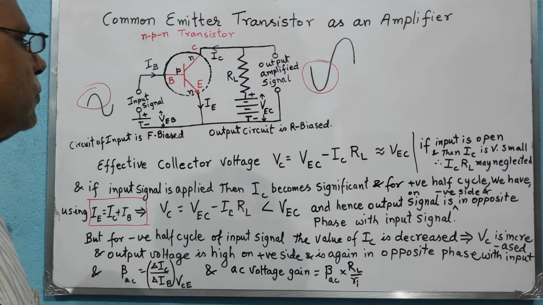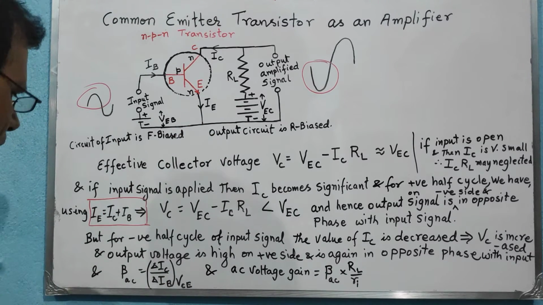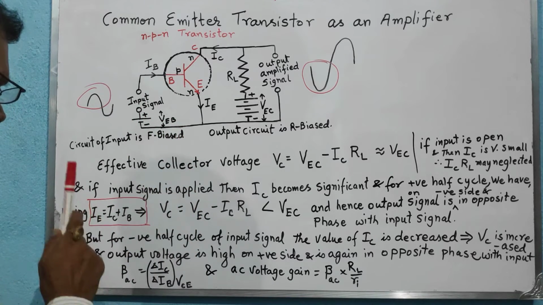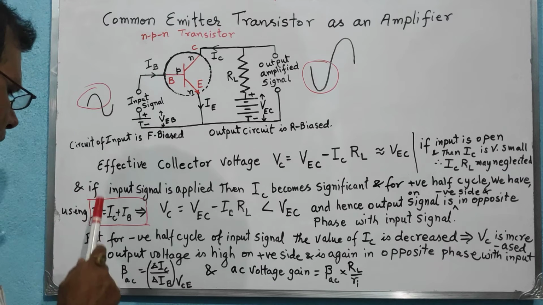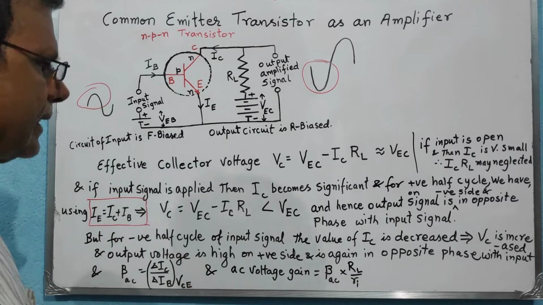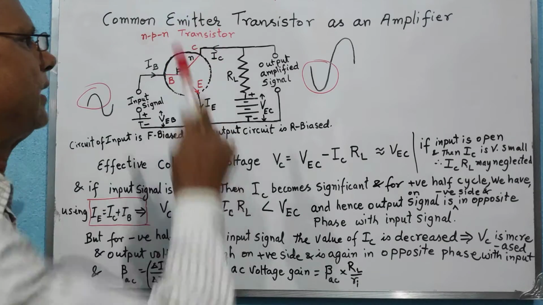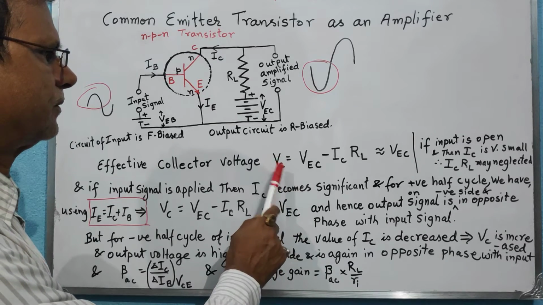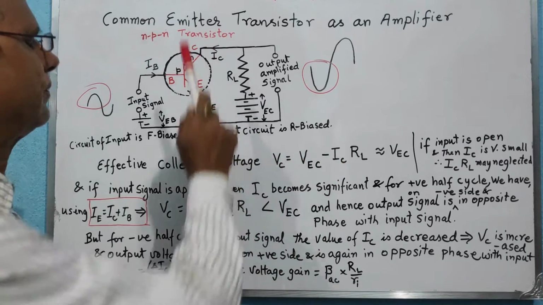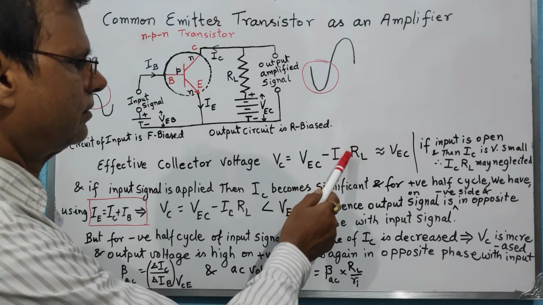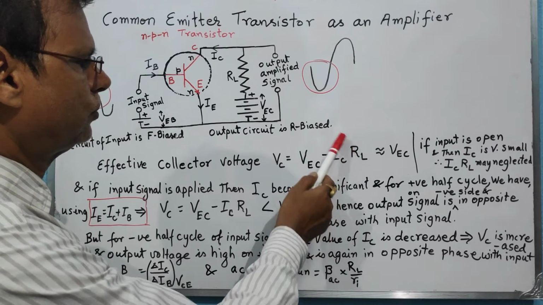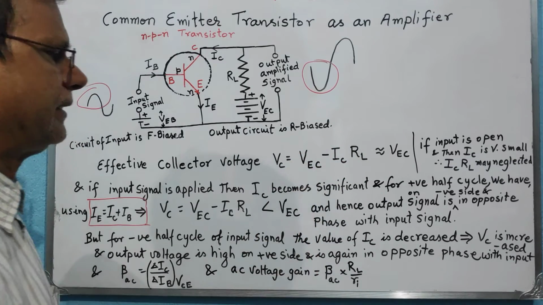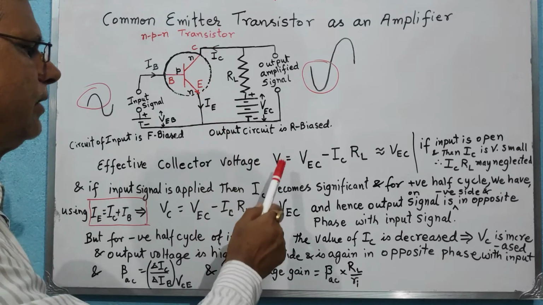Once it is reduced, the emitter current will be reduced, and once the emitter current is reduced, we will have a lower value of collector current, and we will have a higher value of collector voltage, because IC is now reduced, so this product will be less, and so there is less deduction from this voltage EC, and therefore the collector voltage will be increased,